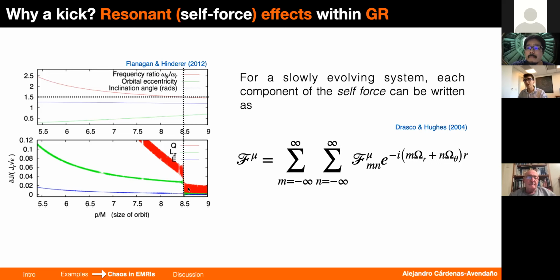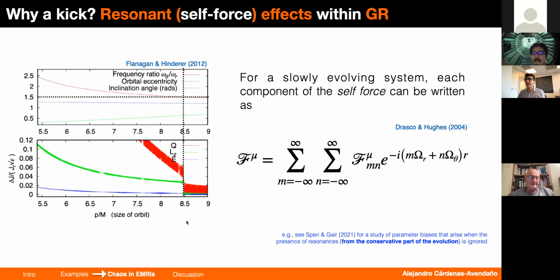So even within GR, from the dissipative term, you can also have very interesting effects that we have to take into account to study chaos. And that's why when we were seeing that before, we said, okay, maybe with a kick, we can mimic those effects. You might want to see a very recent paper where they study the effect of these resonances and how we can be biased, similar to what Constantino just spoke about. But in the case of within GR, and if we have a model, will we be biased if we don't include these resonant effects, or if we are just using adiabatic templates without considering higher order terms. So this is a way to capture this. But again, this is in a different context.